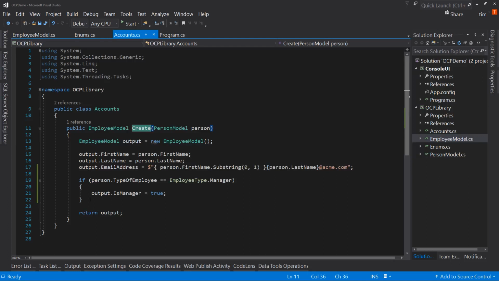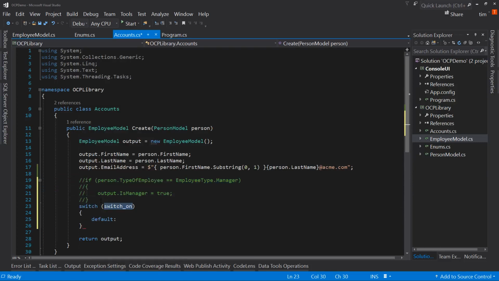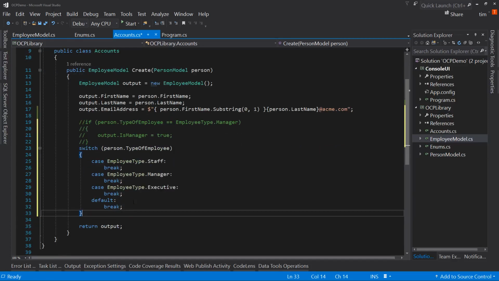So we go, okay, so now we have to have another if statement. And then we have the brilliant idea, wait, no, we don't. We could comment this out, and we can do a switch statement. So we say switch on person.employee or type of employee. And that's the cool thing. You hit enter, and it creates all three of those different levels because that's the enum. And you say, okay,